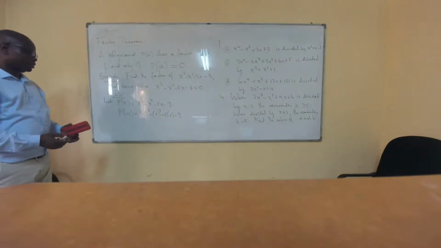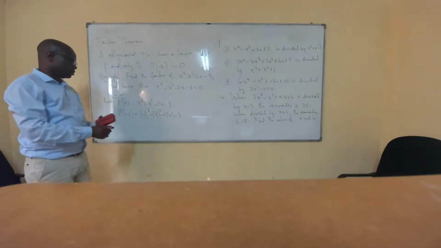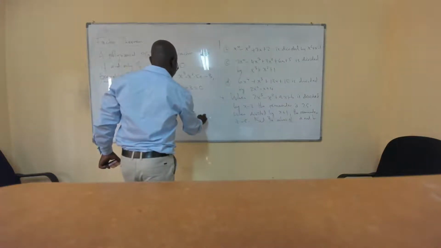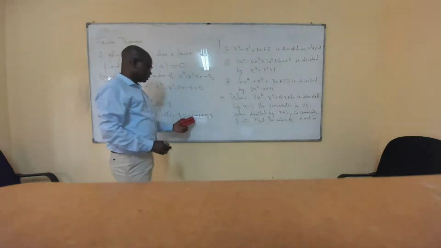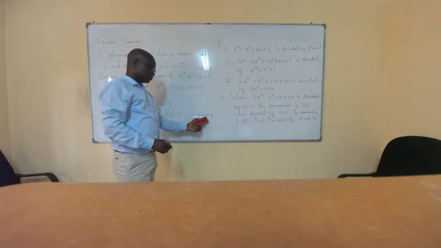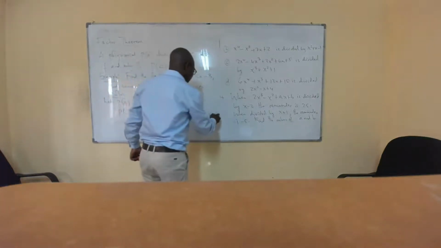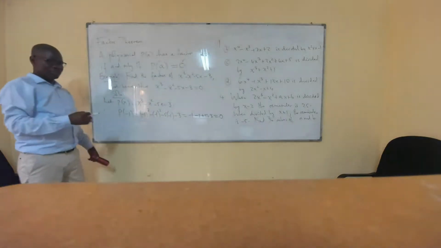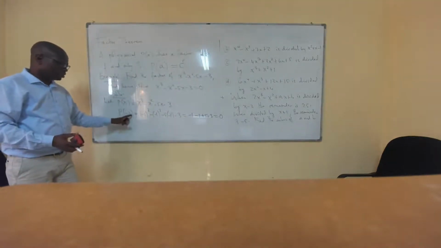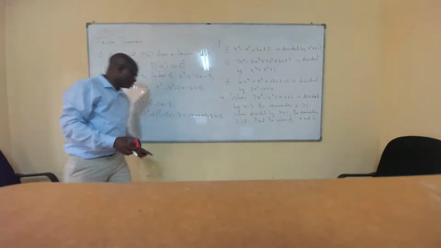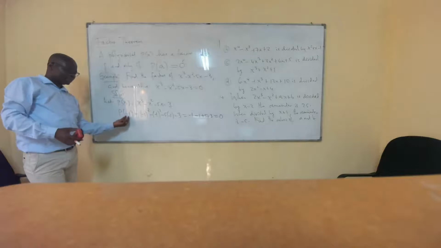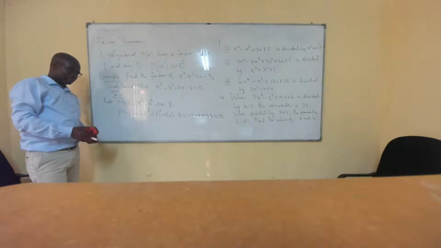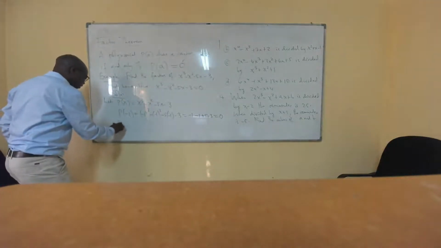So when this is evaluated, let's see what we get. We have minus 1 minus 1 plus 5 minus 3. But this is minus 2 plus 5, that will be 3, minus 3. So it gives us 0. So by this, when a polynomial is evaluated at some number a, if the value that you get is 0, then x minus that number must be a factor of this. That's what it is saying. Therefore, by the factor theorem,